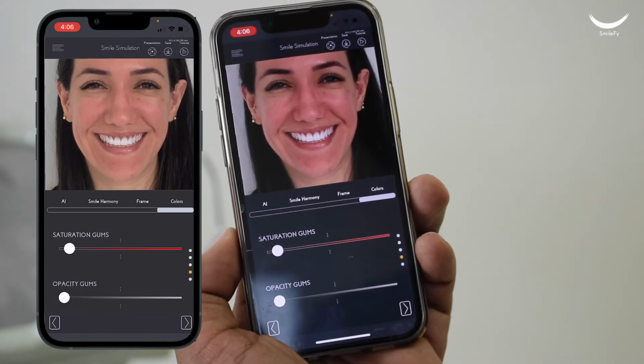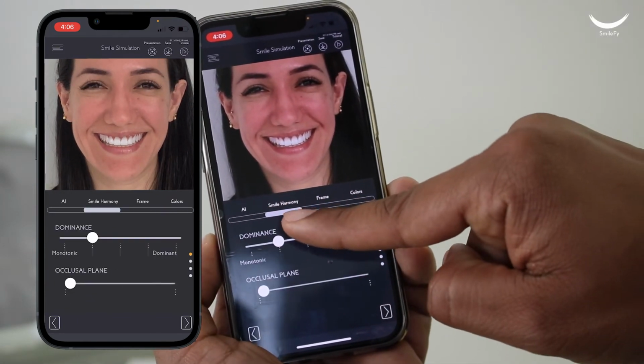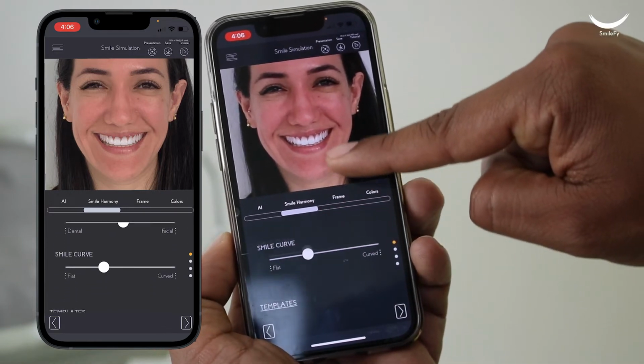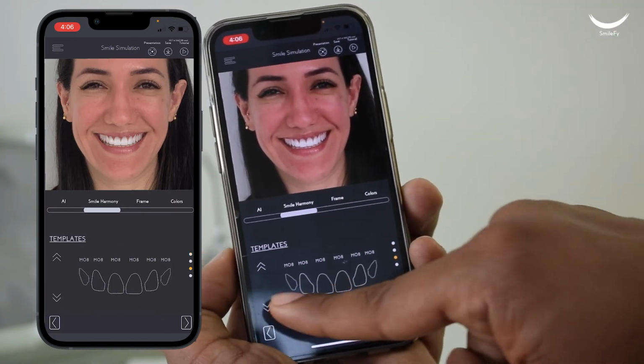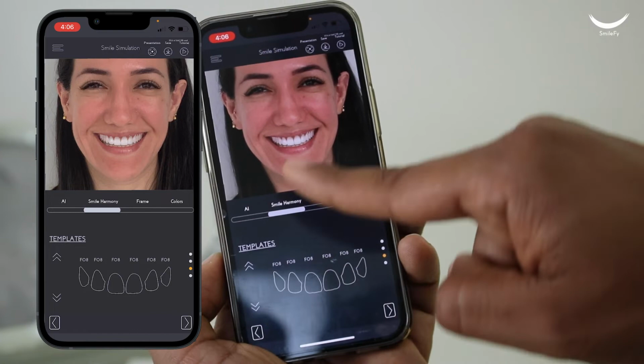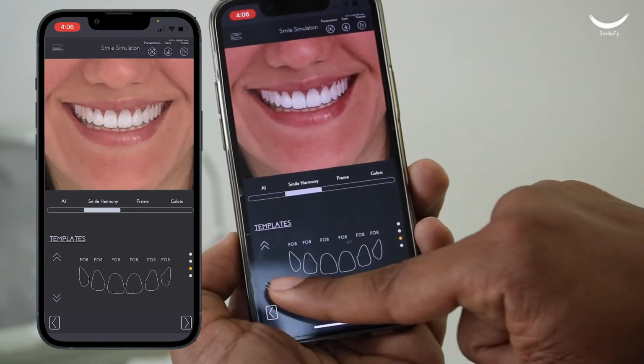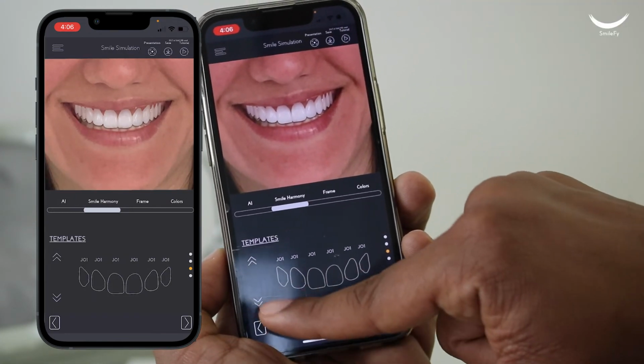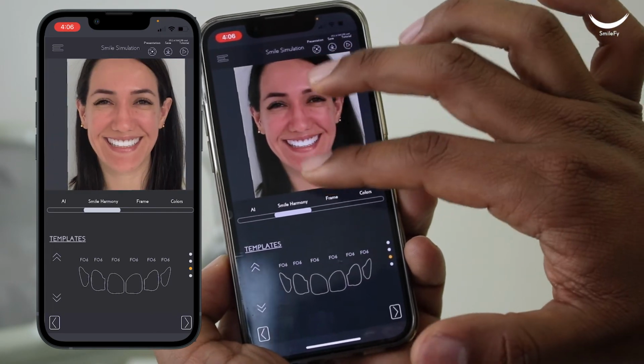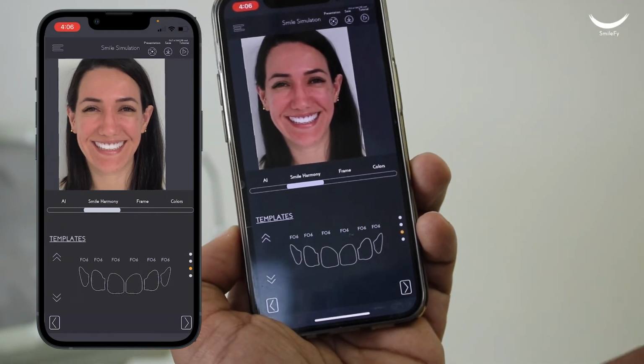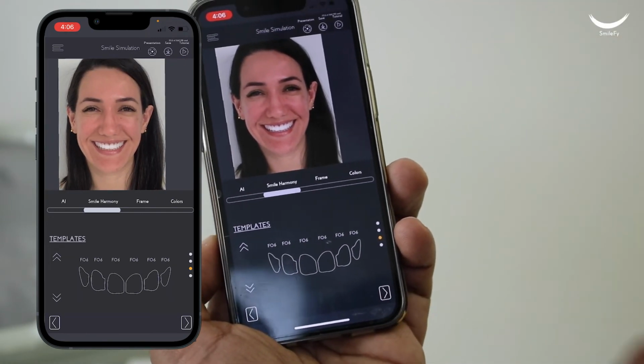To select different teeth shapes, simply go to Smile Harmony, scroll all the way up, and tap here in this arrow. Notice that the design will change automatically. Once you're satisfied, tap on Next